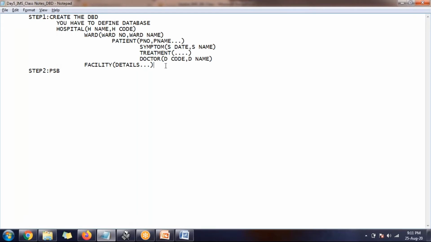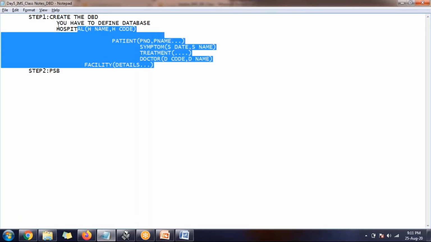Same thing in IMS also, this database is created by the DBA. Now, once the database is created in DB2, do you think you will get all the access on the table? Will you get it? By the way, can you please respond? Will you get all the accesses on a table in DB2?